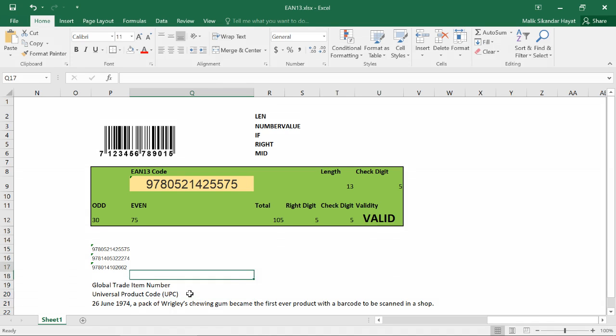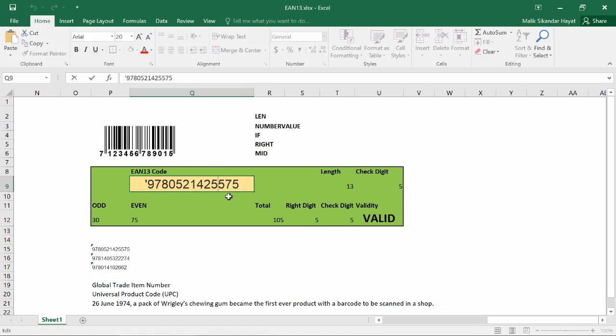I think now that it will be clear for you, and you can test how it is getting calculated. Actually, it's a concept, so I wanted to show you the concept of how barcodes are checked. So it's with the check digit. If it is not properly scanned, it will be rejected. It needs to be properly scanned with all proper digits. If any digit is not properly scanned, it will give an error.